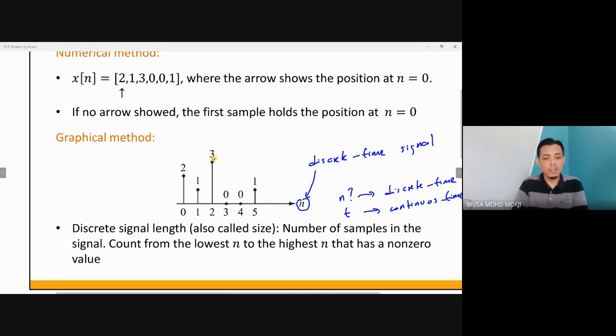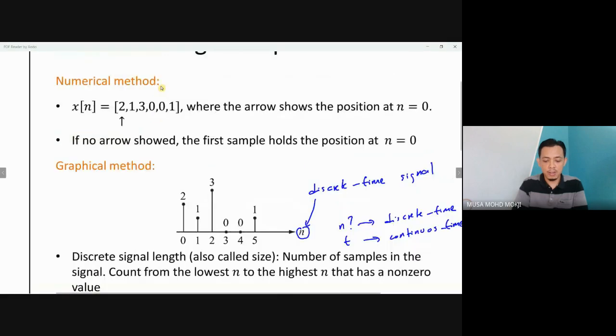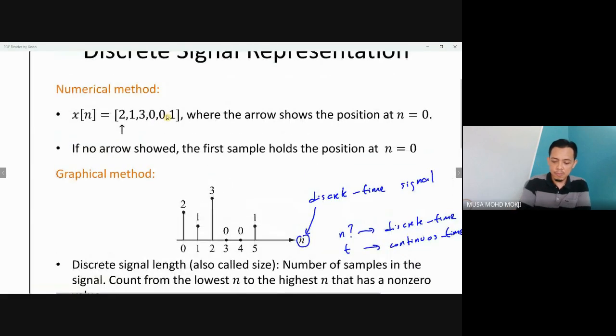Value 3 is at n equals 2. Either you can plot it this way, or you just write it as a vector. In math, we call a sequence of numbers a vector. And even though we don't write the index,